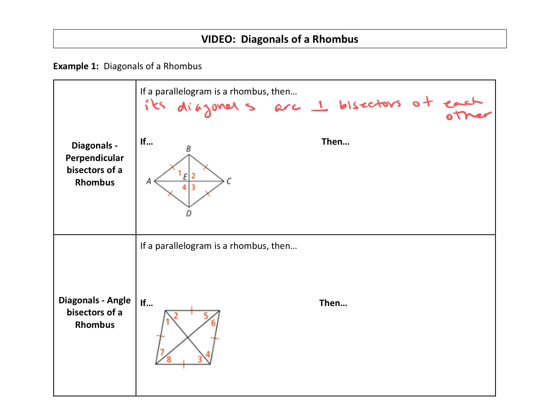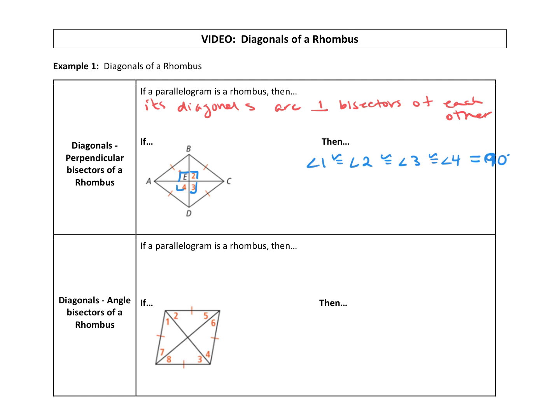For the diagonals to be perpendicular, what that means is that we will have right angles here at the center, similar to a kite. So that means that angle 1 is going to be congruent to angle 2, which is also congruent to angle 3, which is also congruent to angle 4. And all of those angles are going to equal 90 degrees because they are perpendicular. So we have 4 right angles, all equal to 90 degrees, where your